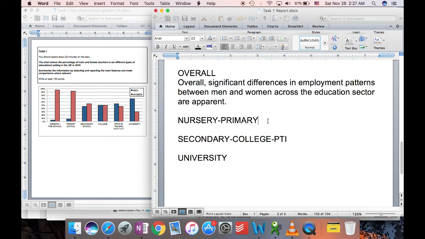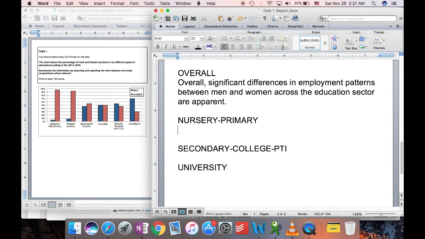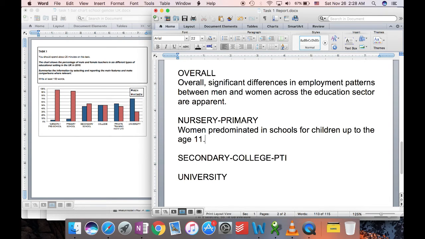So let's now write a paragraph about nursery and primary. I'm going to start off with a topic sentence. I'm going to put my key information in the first sentence of this paragraph. So I could say something like women predominated in schools for children. I could say up to the age of 11 as well, if you know that information, of course. That's the key information. That's your topic sentence. Okay, let's give it some supporting information. This was, let's think about nursery. This was especially true